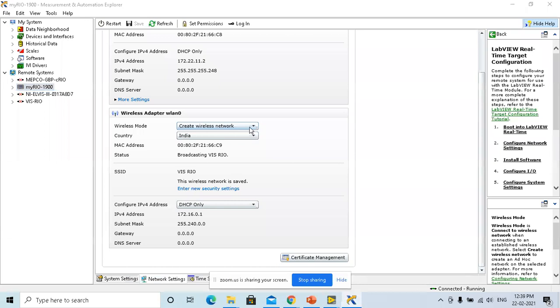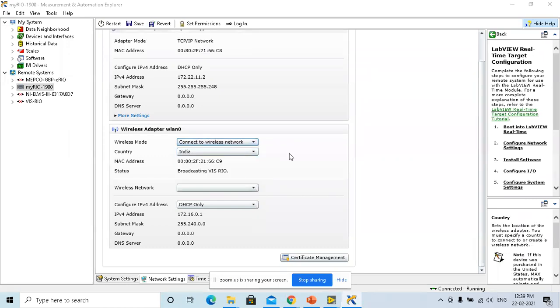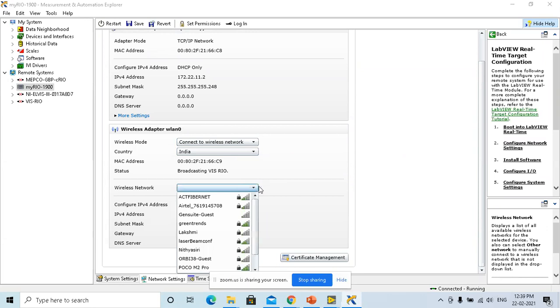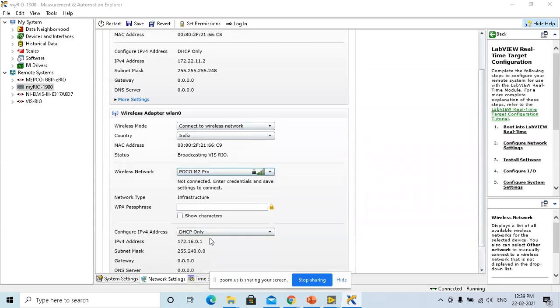I need it to be connectable. It should connect to an existing network. It has several modes. I can either connect to a wireless network or create a wireless network. I can do both of that. But now I'll just connect to an existing wireless network, and make it connect to my cell phone.